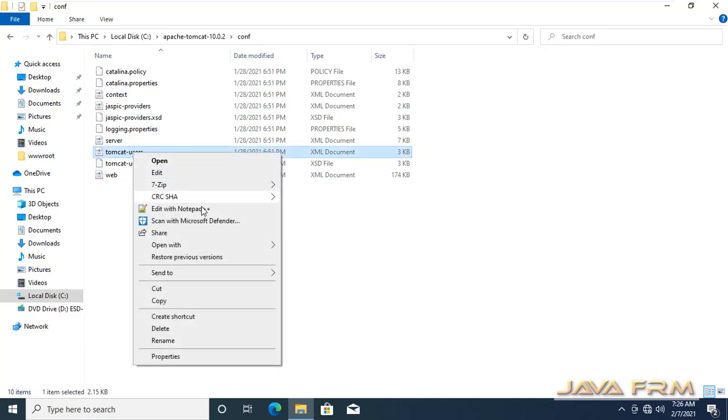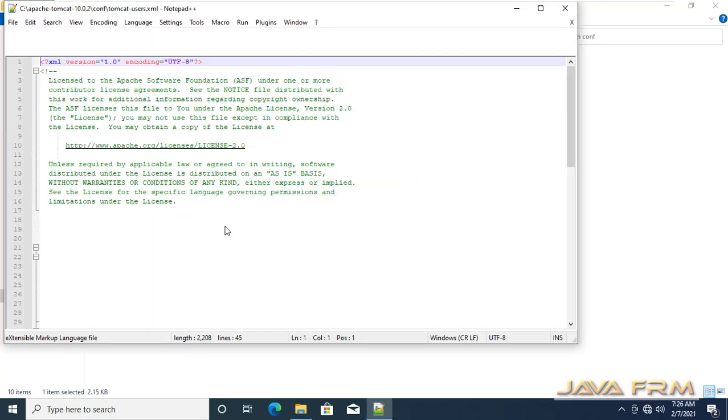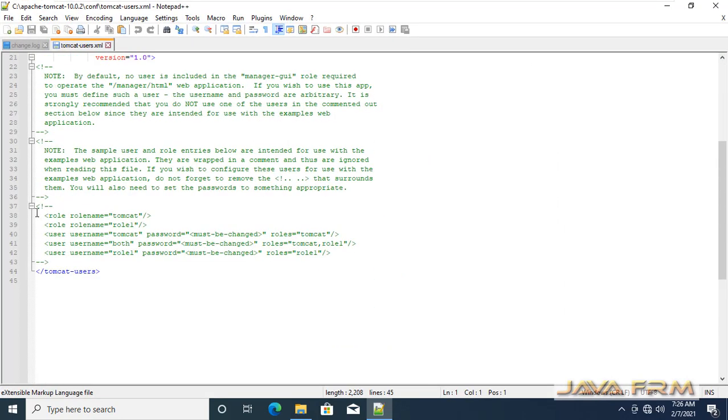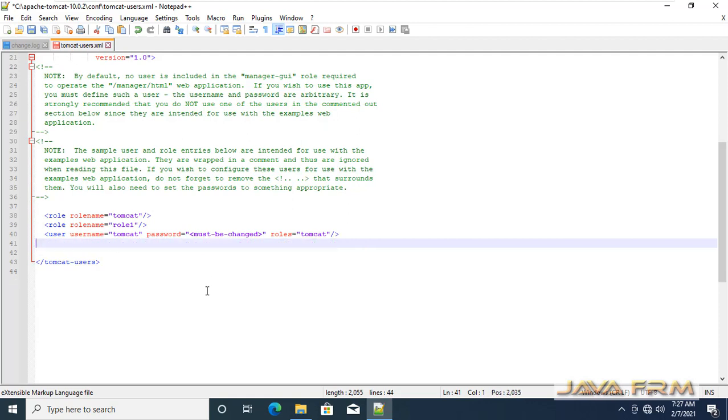Now we are going to edit tomcat-users.xml in the conf directory. We are going to provide one username and password, and assign roles to the user. I am deleting the unwanted lines here. Two roles, admin-gui and manager-gui.